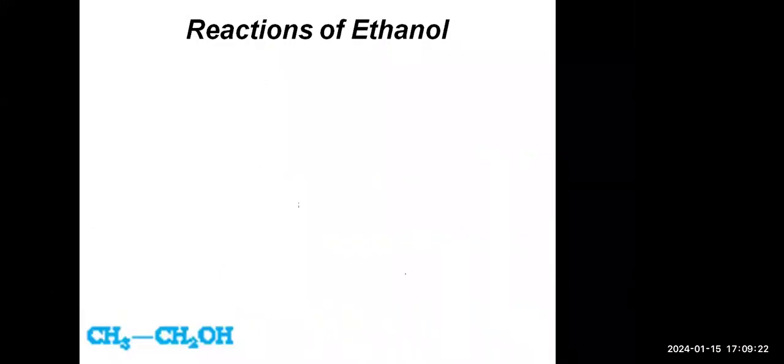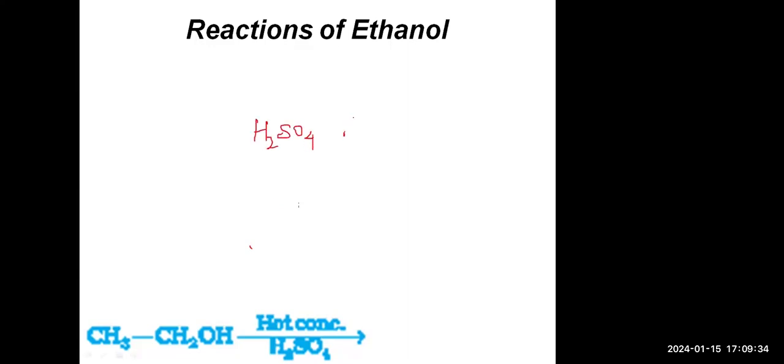Now, another reaction we are going to see, this is ethanol taken on screen, and it is reacting with hot concentrated sulfuric acid. Now this sulfuric acid is very strong acid, and here it is taken in concentrated form. So what happens is a water molecule gets removed from this ethanol. If you remove a water molecule, 2 hydrogen and 1 oxygen, you are left with